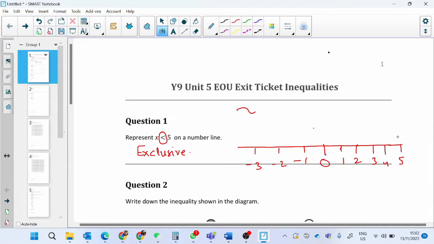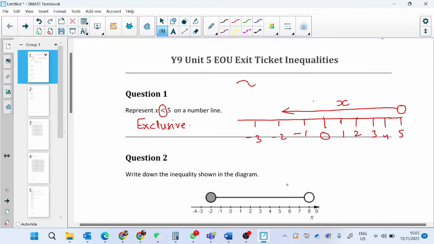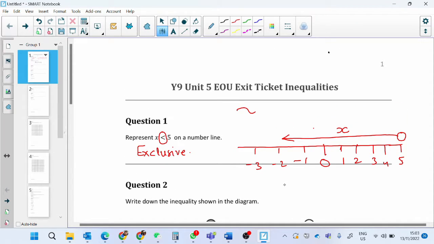So how we represent it is we put a hollow circle, draw a line, point an arrow, and write x here. This hollow circle indicates that this is only smaller and the 5 is not included in this inequality. And on the other hand, if there is